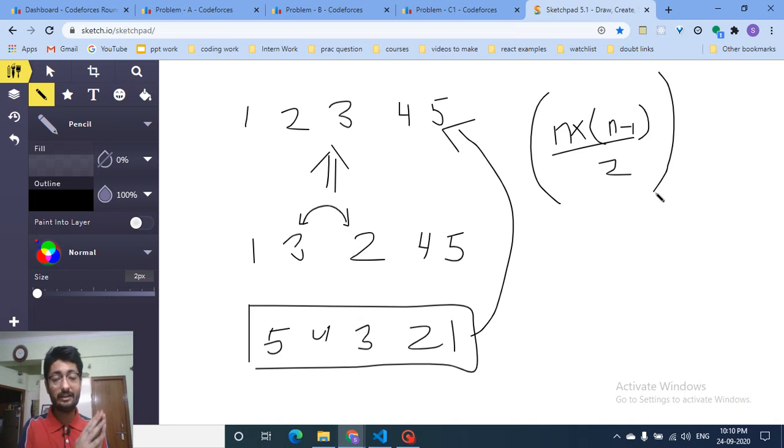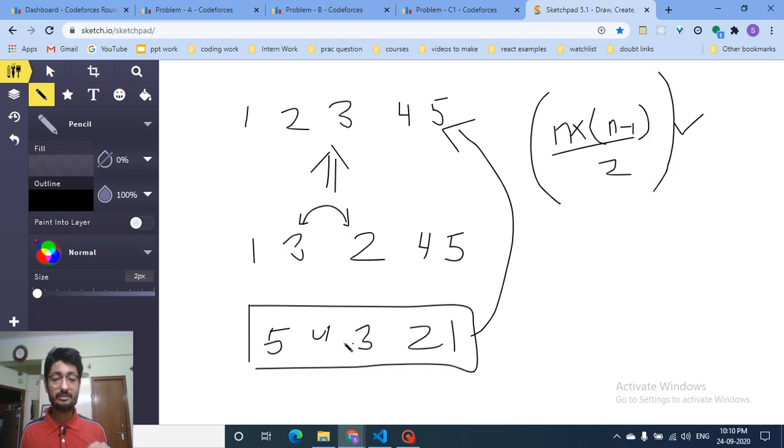Now, let's assume that I have these number of operations. In the maximum case, if my whole array is in decreasing order, then at most I have to do this many operations, because this is the maximum number of operations I have to do. This operation is only done when my whole array is strictly decreasing.